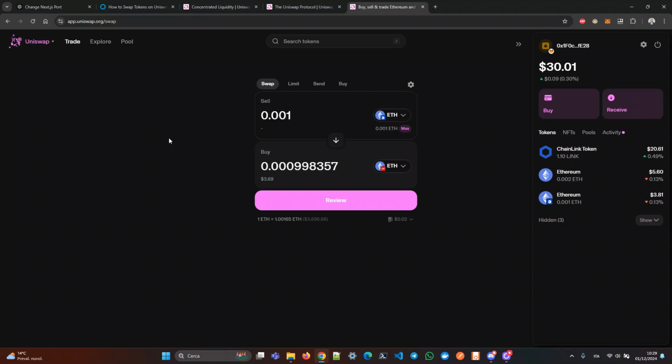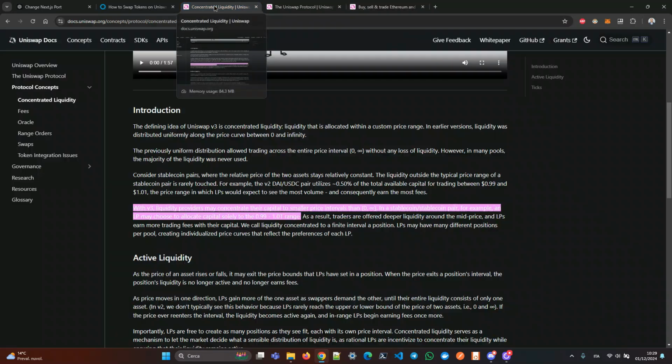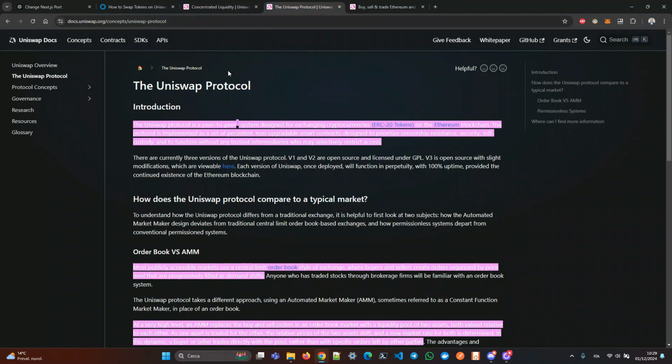I would like now to point out the main characteristics, the main features of Uniswap. Just briefly, I would like to discuss that. Okay. Here I have highlighted the text that is important. So Uniswap is a